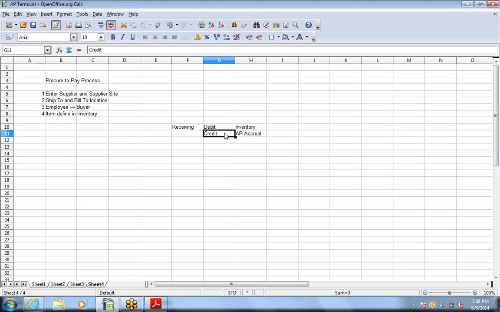Usually, credit what goes out. If we bought a product, what went out? Money, right? We made payment, right? So in simple wording, if we did not have accrual accounting, if we have used cash accounting, then we would use debit inventory, credit cash. But in this scenario, why are we not using cash? Because